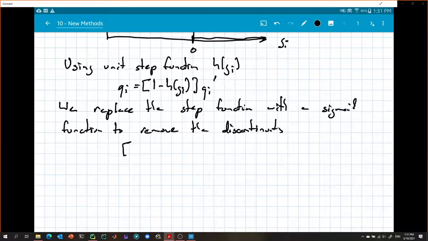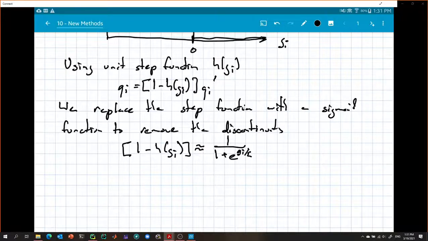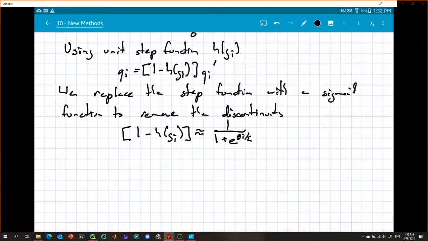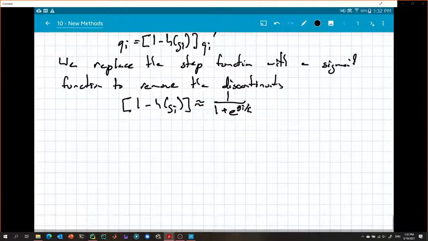So we take this, and then that is approximately equal to 1 over 1 plus e to the GI over epsilon. In the original paper, it's a multiplicative term that when you bring to infinity, it'll approach the original, but just for consistency in using epsilon as smoothing parameters, when we bring epsilon to 0, it's going to reach the original problem. And what this kind of looks like is